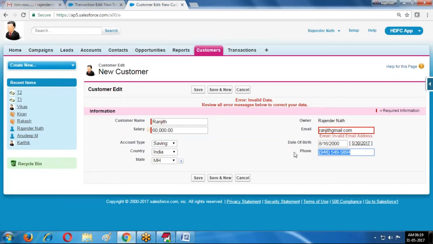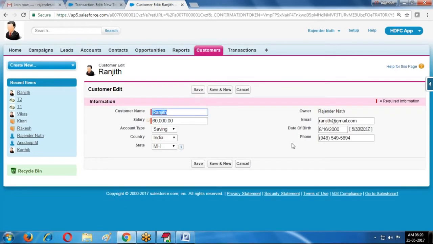That is the advantage for the phone number. Whenever we use email, by default the system performs validations. If I provide some value with the at the rate symbol, is it accepting? Yes, it is accepting.